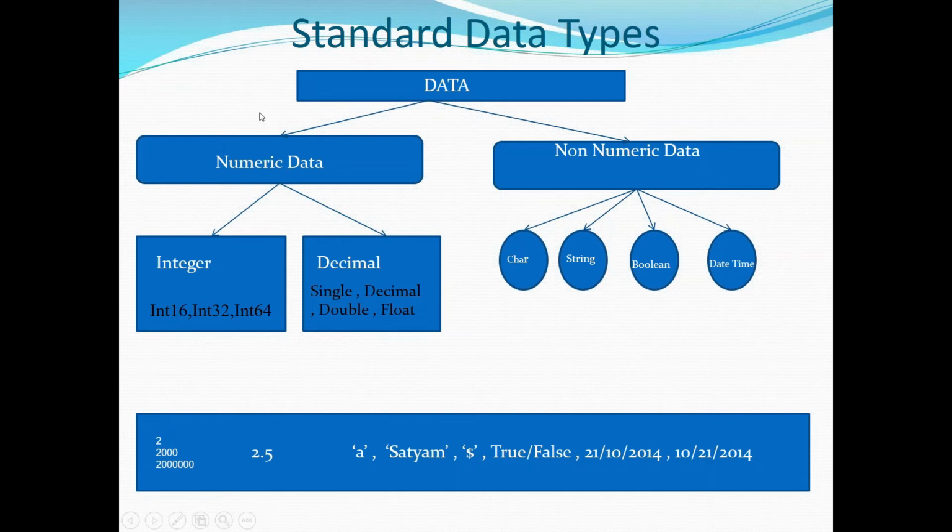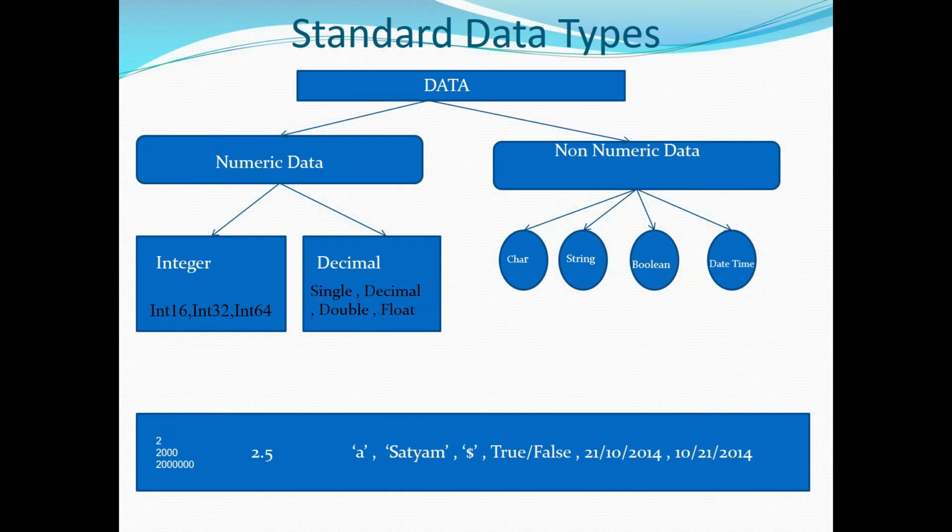Numeric means numerals, numbers. All types of numbers come under numeric data. Non-numeric, other than numbers, like your character, collection of characters, special characters, song, music, picture. So other than numbers, each and every data comes under non-numeric data.